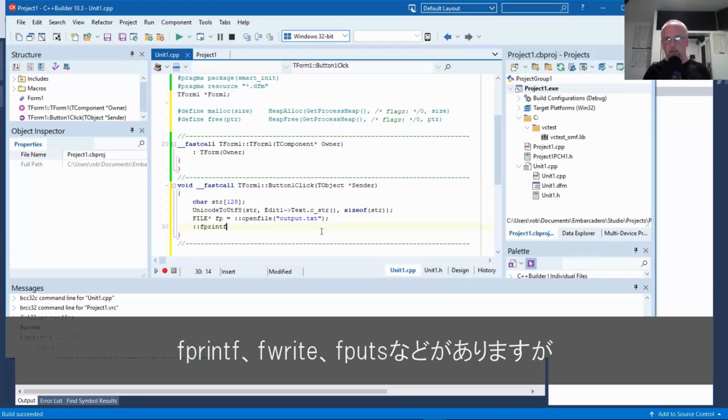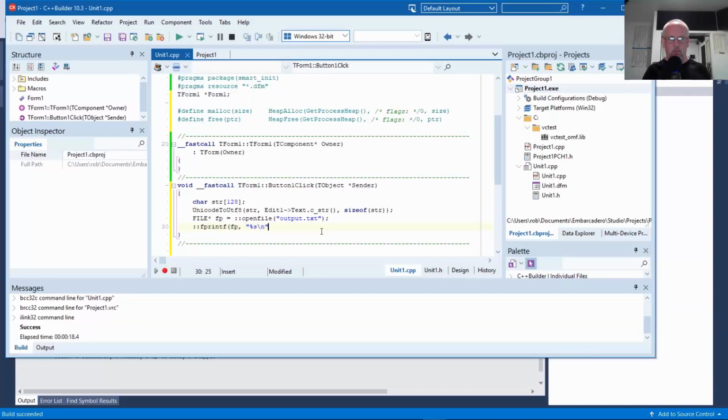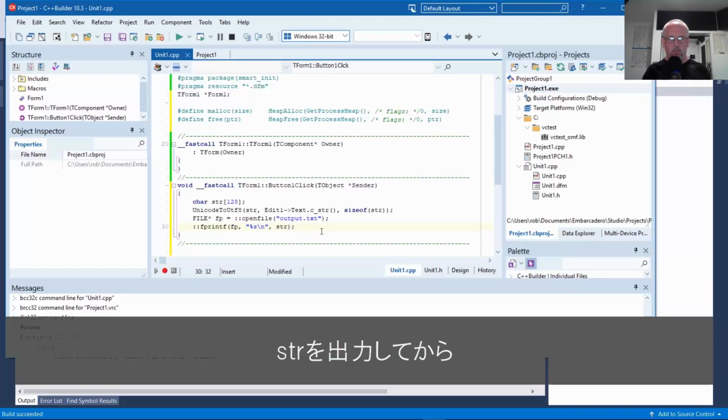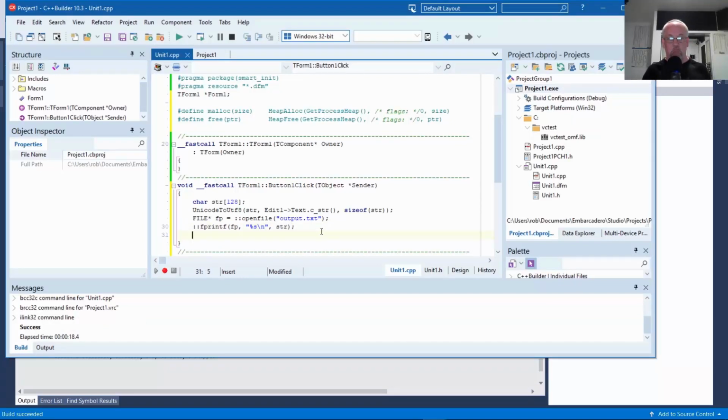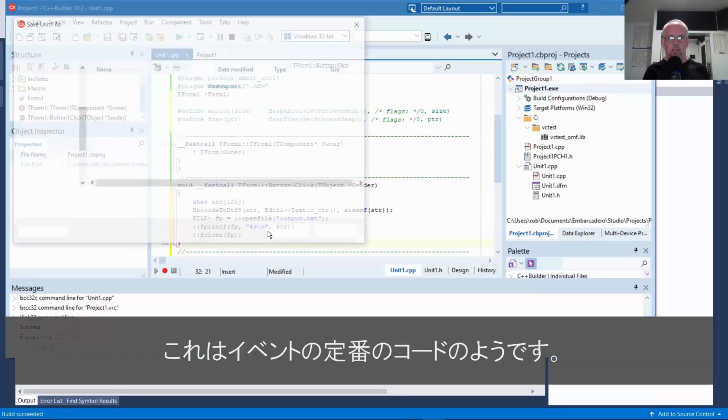I also have fwrite, fputs, functions like that, but I'll use fprintf. Then we write to it, and then we'll close it. Seems like a logical sequence of events.